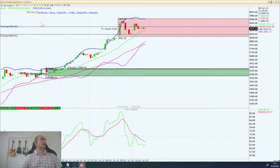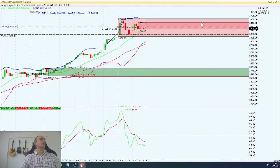Now let's quickly have a stop loss here, just below the demand zone, and then a target of somewhere around here. I still don't see a supply zone. Hold on just a second. I think I can see a supply zone somewhere around here. So the target would be somewhere here. And I have a reward to risk ratio of 4.82, which is decent actually. 1:4.82 is almost like 1:5. So I can fine tune this a little bit